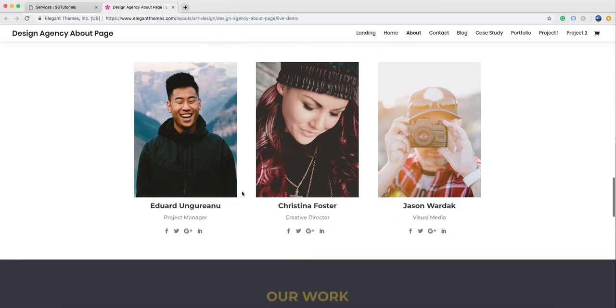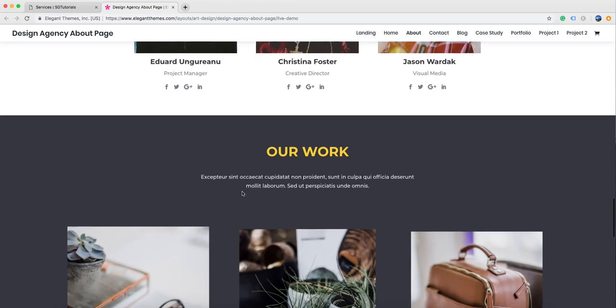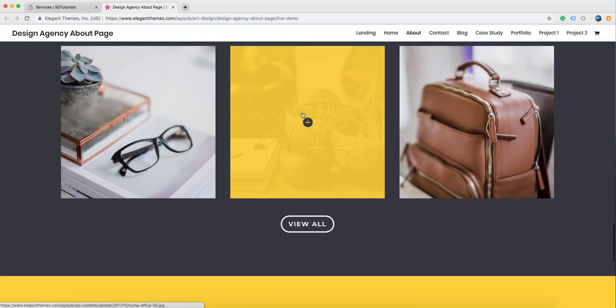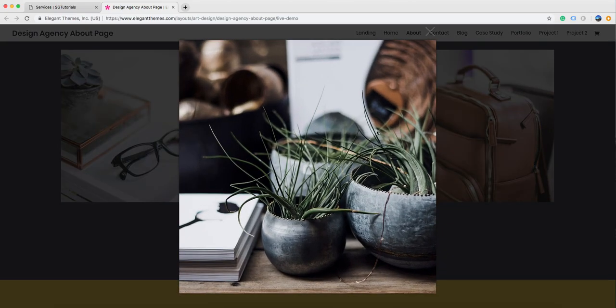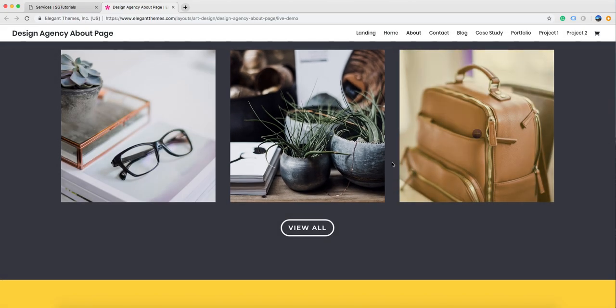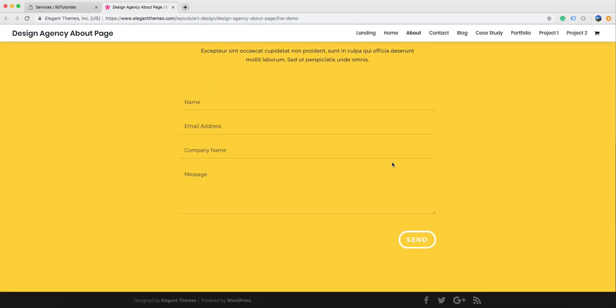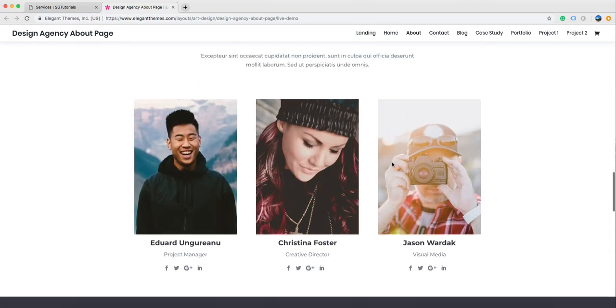And I like how the animation works. As you navigate down, the images pop out at you. Again, you can click this and it will expand. Click out of that, pop down. So I really like the look of this page. This is pretty cool. So if we go back to the top,